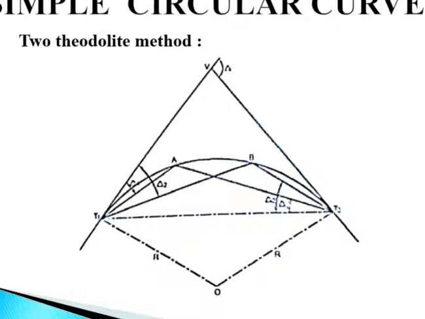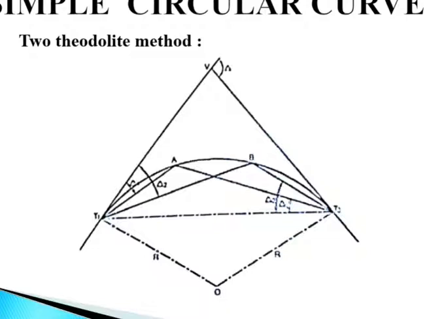So let us understand the procedure. Set up one theodolite at PC, or say T1, the point of curvature, and the other at PT, point T2, or say the point of tangency T2. Clamp both the plates of each transit to zero reading. With zero reading, direct the line of sight of the transit at T1 towards V. Similarly, direct the line of sight of the other transit at T2 towards T1. Vernier A of both the theodolites will show zero reading.